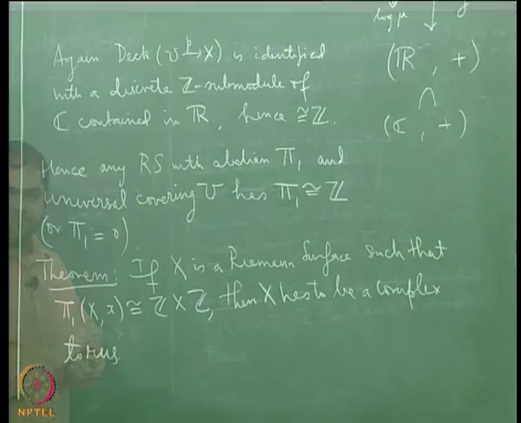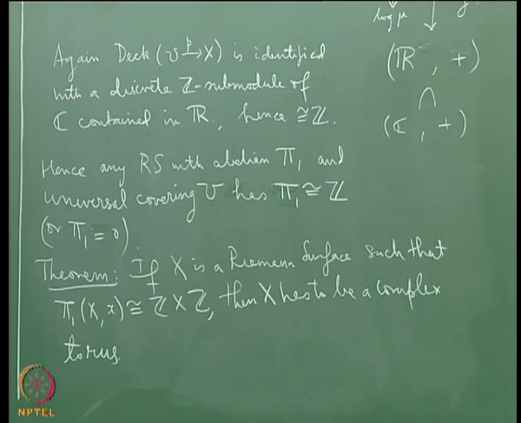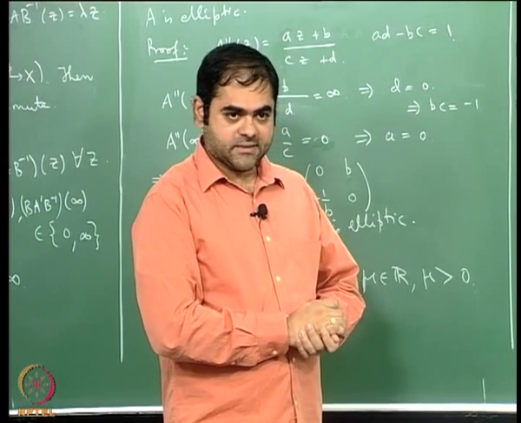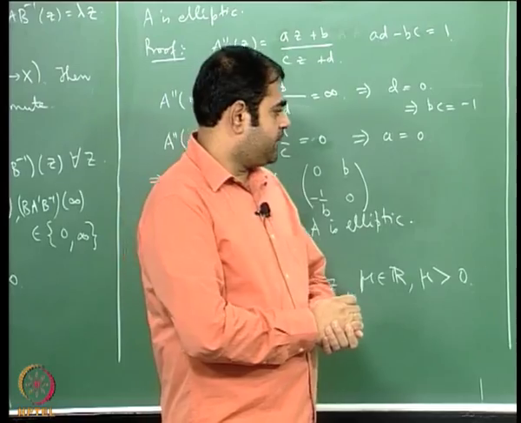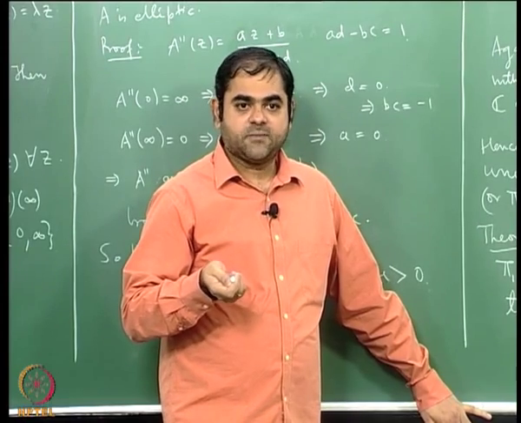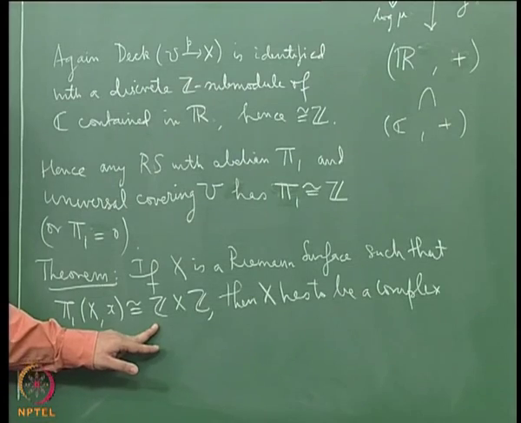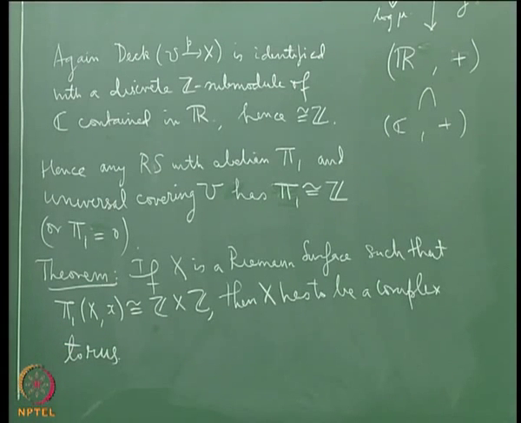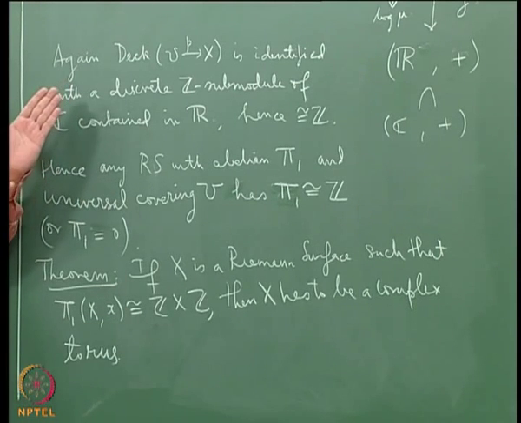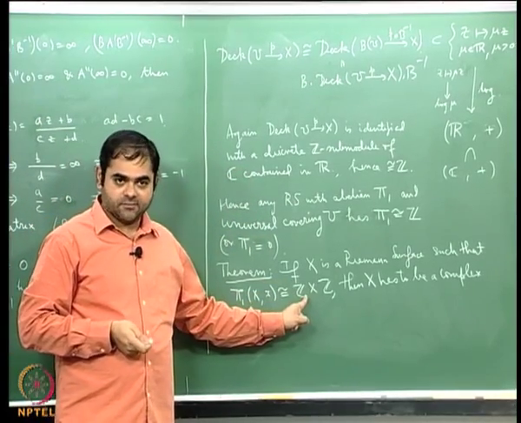So here is an amazing theorem. You take a Riemann surface with fundamental group isomorphic to Z cross Z, then it has to be only a complex torus. And what is the proof? Well, the fundamental group is not 0, so the universal cover cannot be P1, the extended complex plane C union infinity, because in that case the fundamental group is 0. If the universal covering is the complex plane, we have already proved that if the fundamental group is isomorphic to Z cross Z, then it is a complex torus. And the universal covering cannot be U, because we have just now proved that if the universal covering is U, then the fundamental group is isomorphic to Z, and Z is not isomorphic to Z cross Z. Therefore